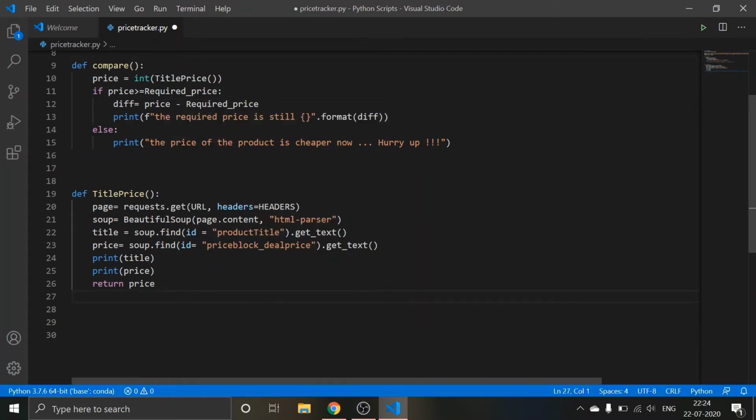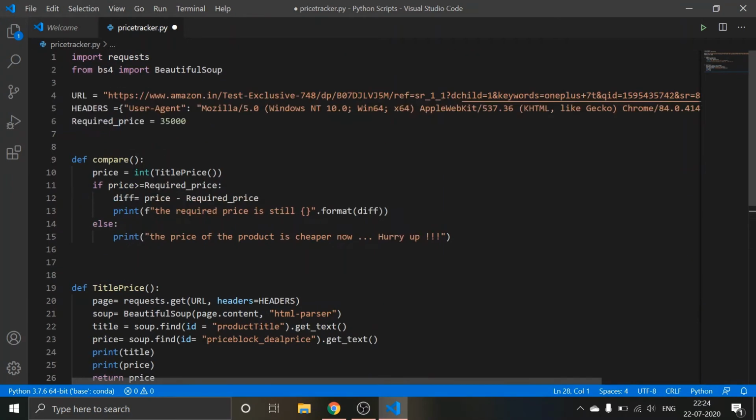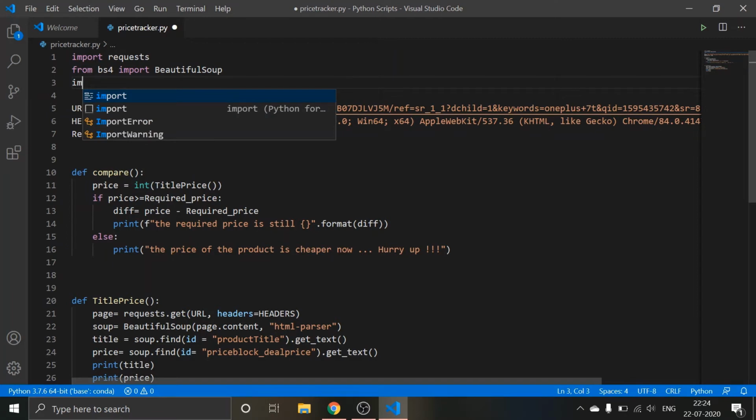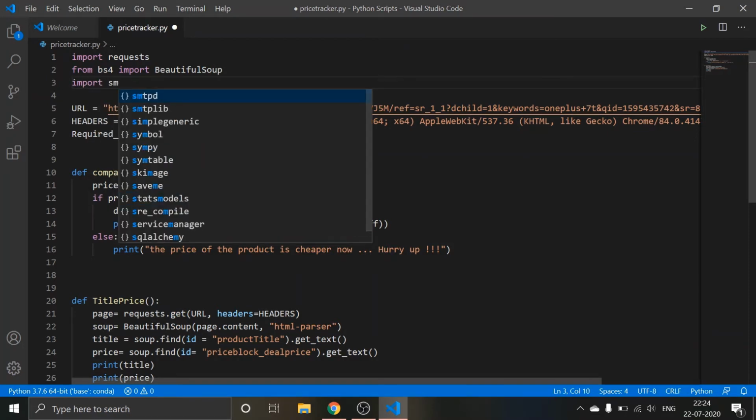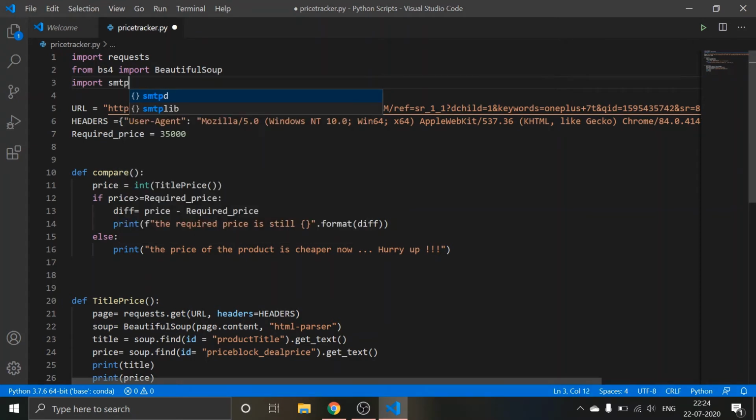Okay, so in order to do that, first we have to import a module called smtplib, if I remember it right. Yo, that's it.